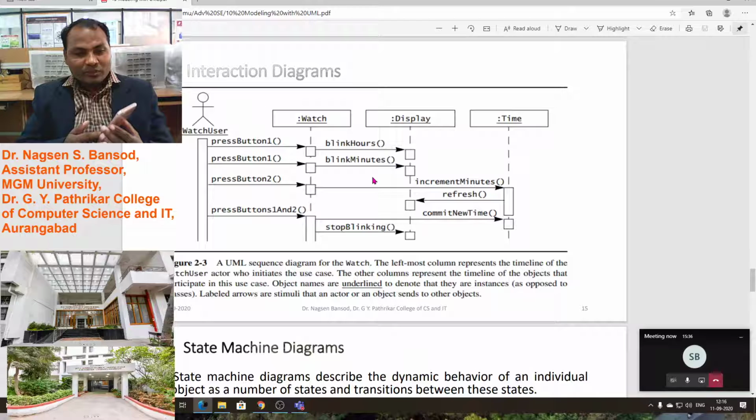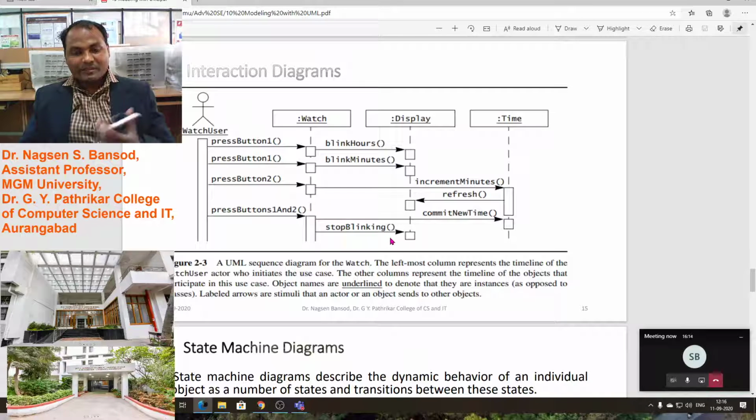Suppose the watch user presses button 2, then the minutes will be incremented, refreshed, and the changed minute will be displayed. Then pressing button 1 and 2 simultaneously commits the new time, which is saved into the watch, and blinking stops. After saving, blinking will be stopped.